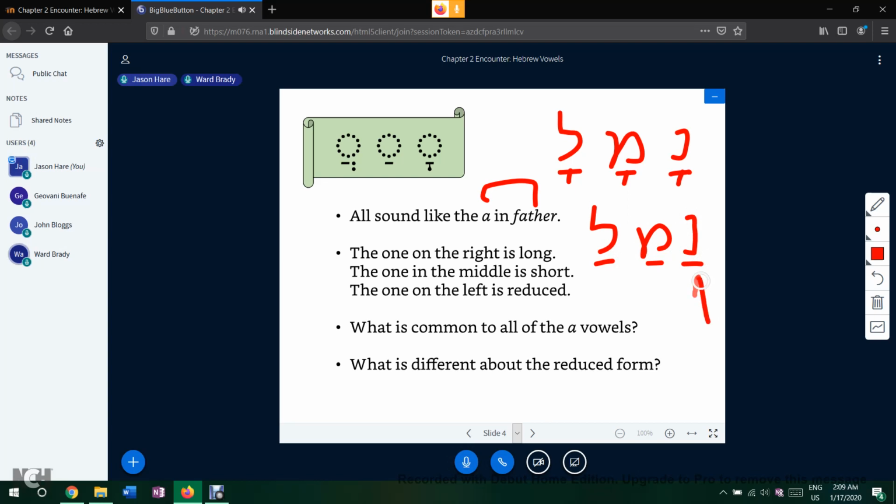Let's look at how they are similar to each other. So we've got na, ma, la. You see anything that's similar between these forms? A horizontal line. Yeah. Okay. Also, if you look at the reduced vowels, they are going to appear